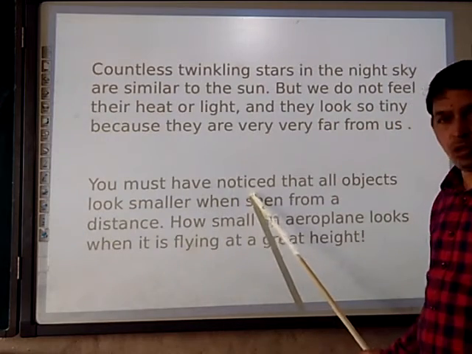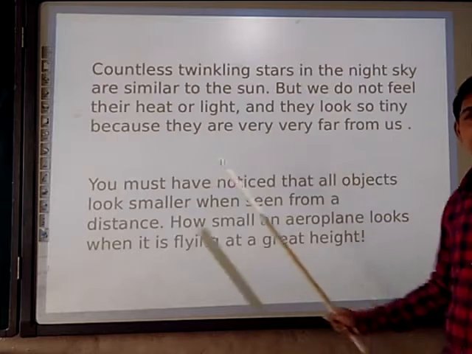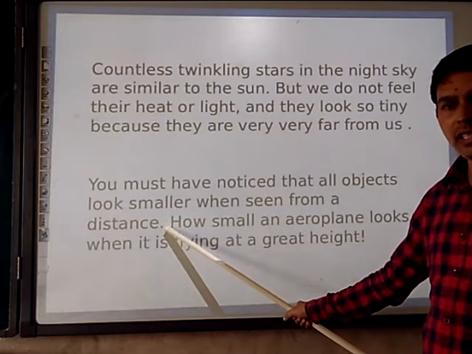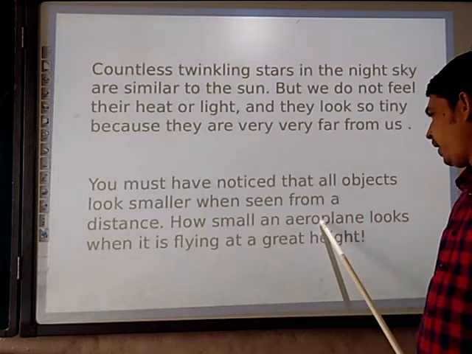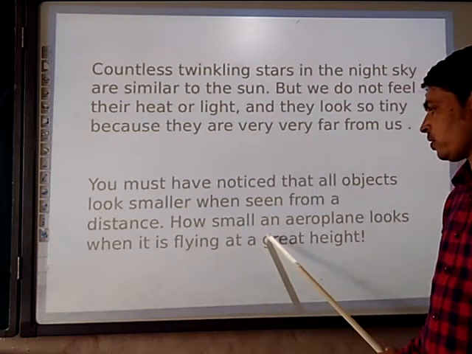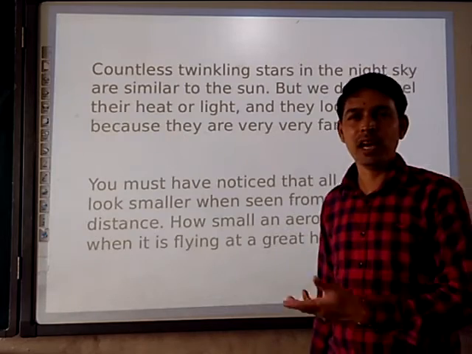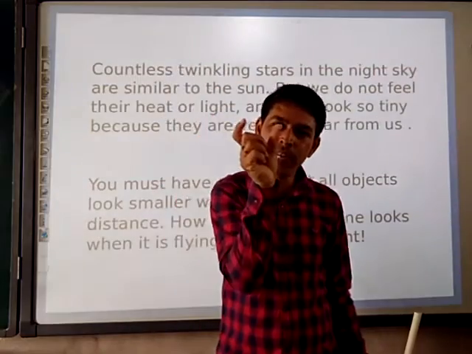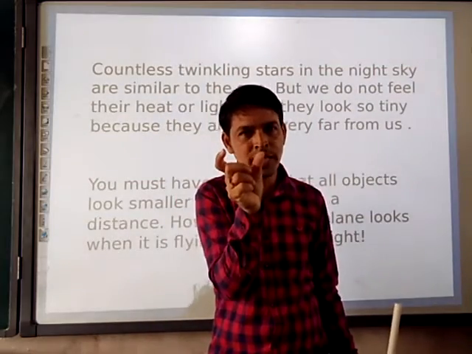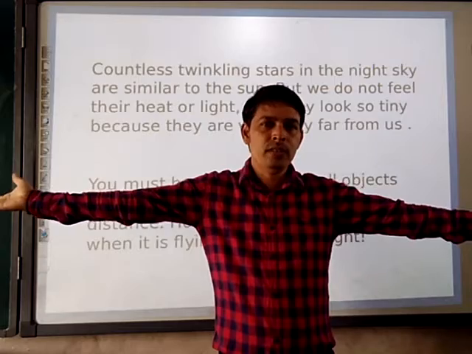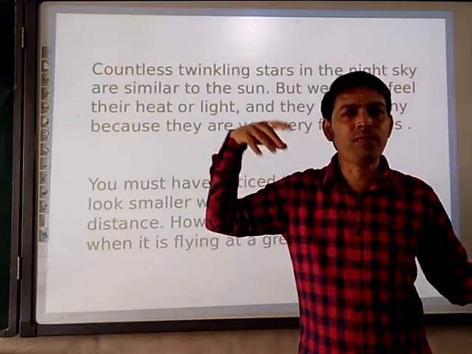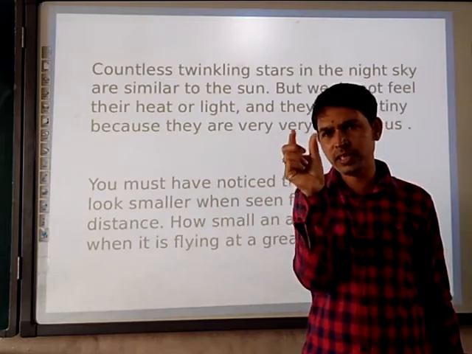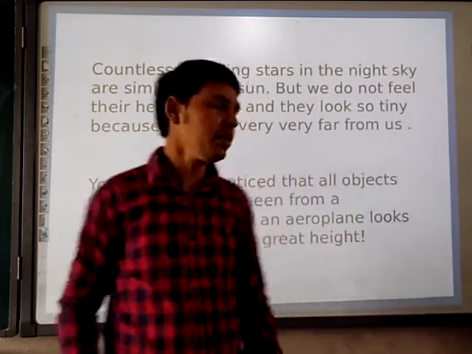You must have noticed that all objects look smaller when seen from a distance, right? How small an aeroplane looks when it's flying in the sky. It looks very small, but is the aeroplane only this much? No, it's a bigger one. Like that, the stars are very big. From a distance, the object is seen as very small. Next,